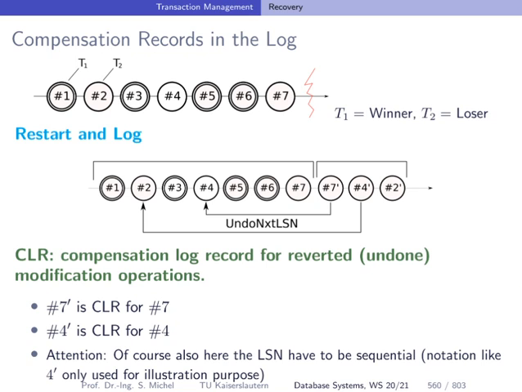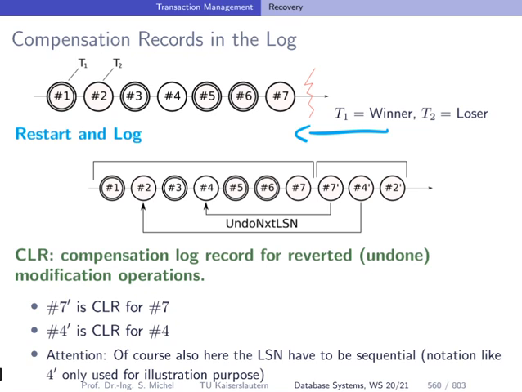And like for the described restart procedure, we will first of all analyze the log to see which are the winners and the losers, and then we are redoing all of the logged entries using the redo information inside them, and then we start from the back of the log and need to undo the loser